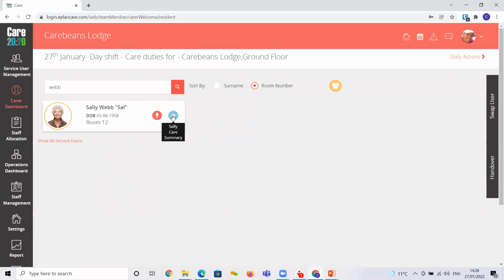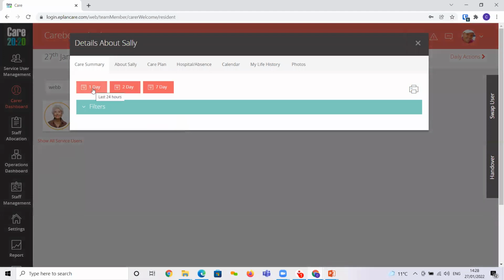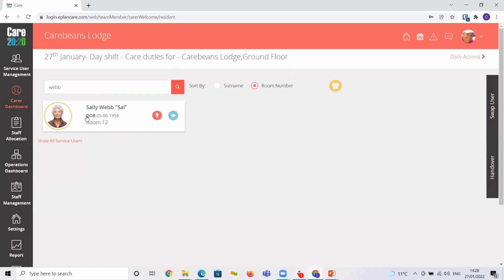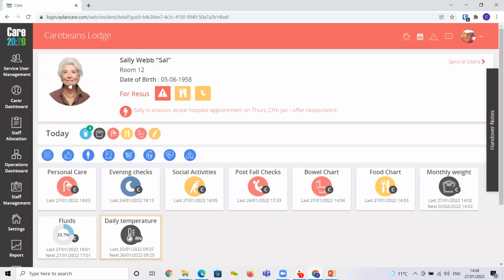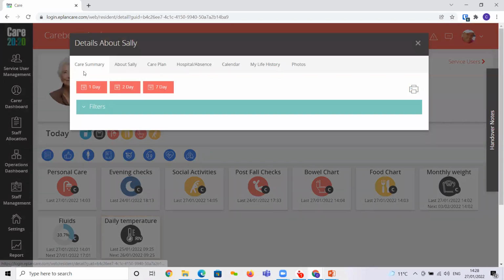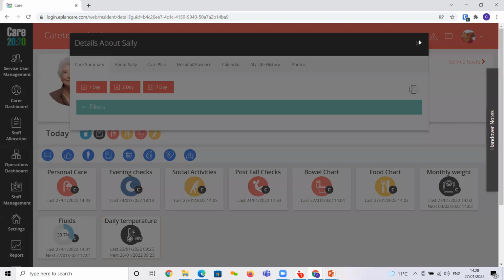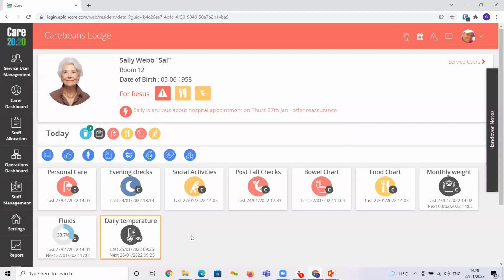So this is where a carer can view the care summary from. Or they can go into the individual page here. And they can also click on the head here. And this is where they can access exactly the same report you do on this level 2 dashboard, but you can see it by clicking on the head of the individual. So as you can see here,